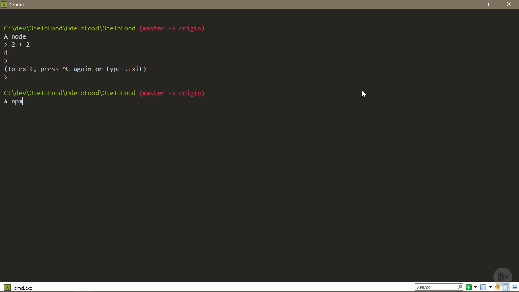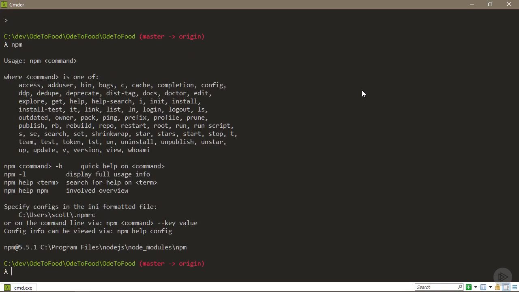and now that I know I have Node.js installed, I want to try my luck with NPM. That should also be in my path if Node.js installed successfully. So when I run NPM, which is the Node Package Manager, I can see a number of different commands that I can execute. But ultimately what I want to do with NPM is use NPM to install data tables,